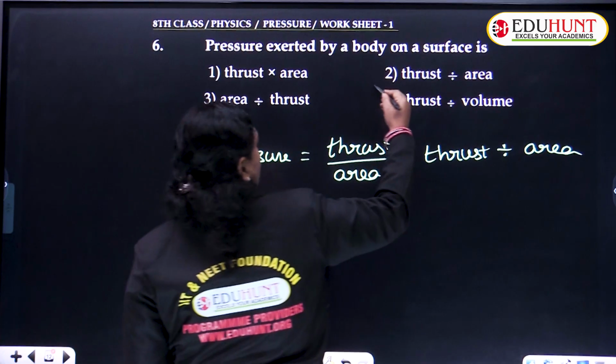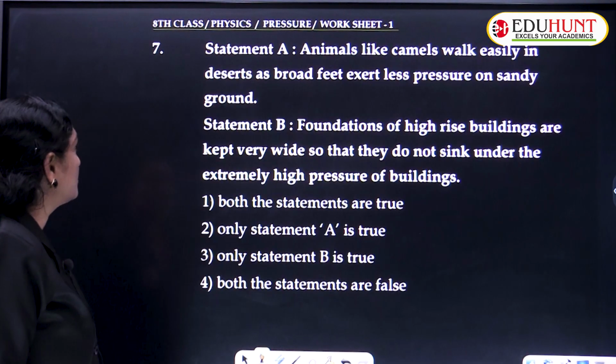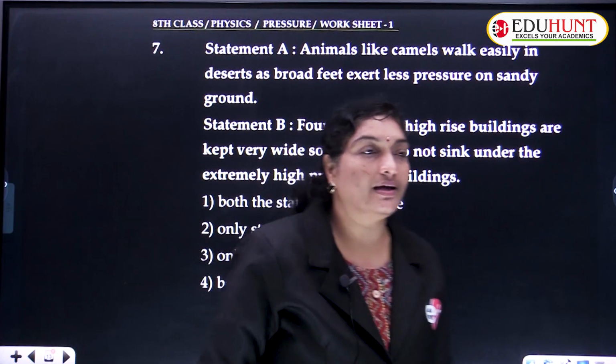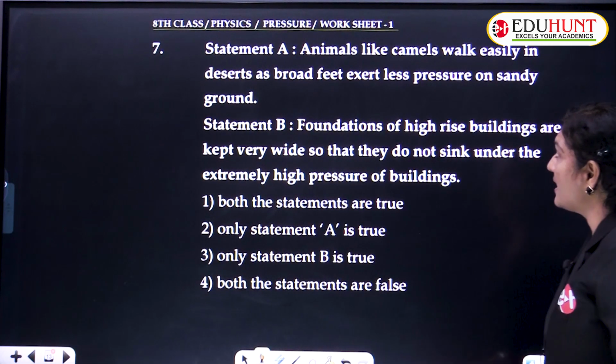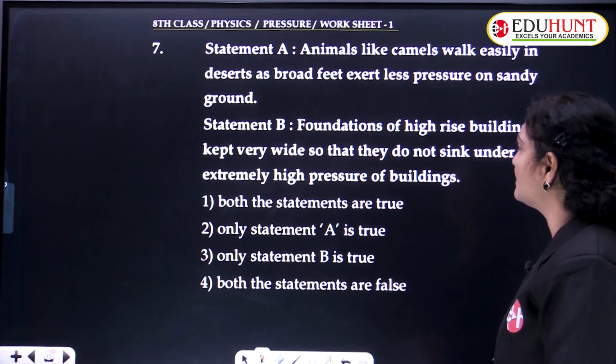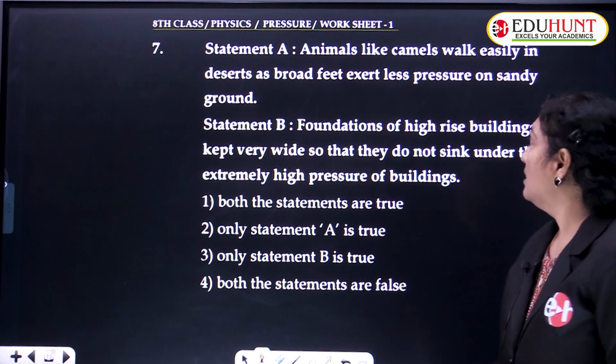Thrust upon area is nothing but the second option. Okay. So shall we move to the 7th question, children? Here statement problems are given. Statement 1 says that animals like camels walk easily on deserts as broad feet exert less pressure on the